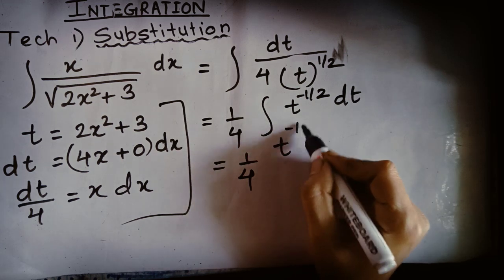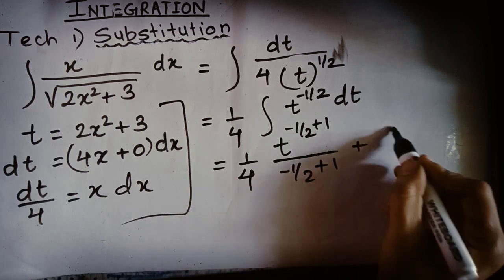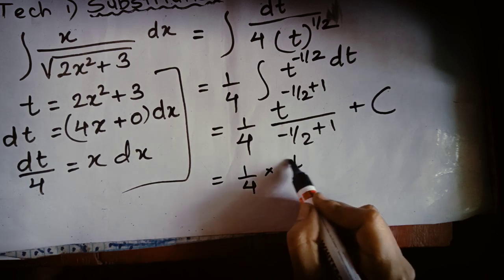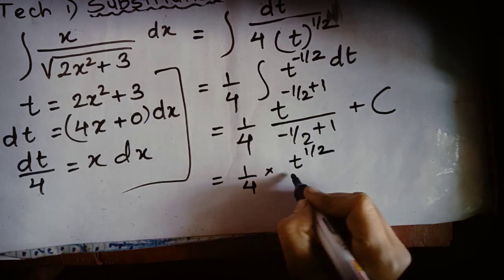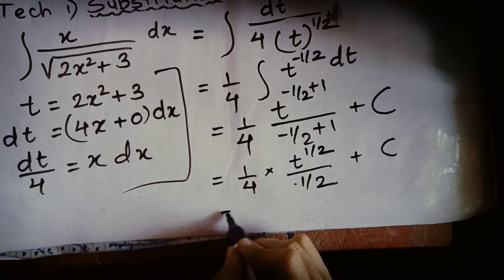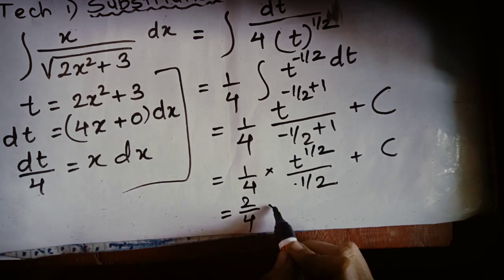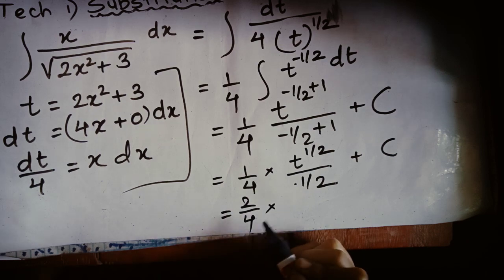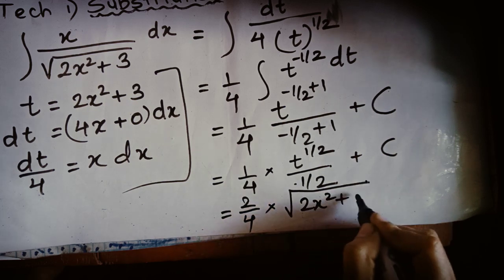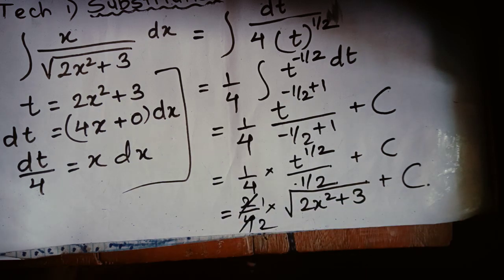So t raised to minus half plus 1 upon minus half plus 1. So this will be t raised to half upon half. Take this 1 by 2 in the numerator, so this will be 2 by 4. What is your t? t is 2x square plus 3, so we can write here 2x square plus 3 raised to half plus c. This is half. Okay,